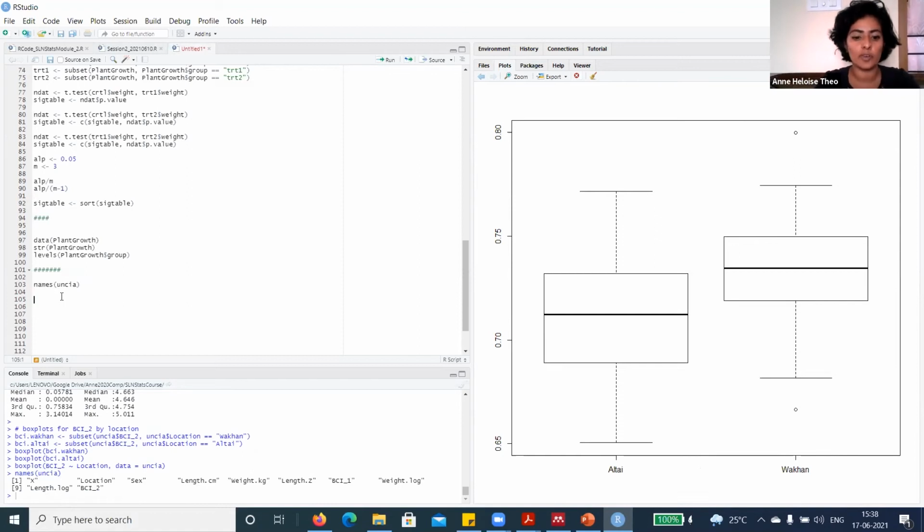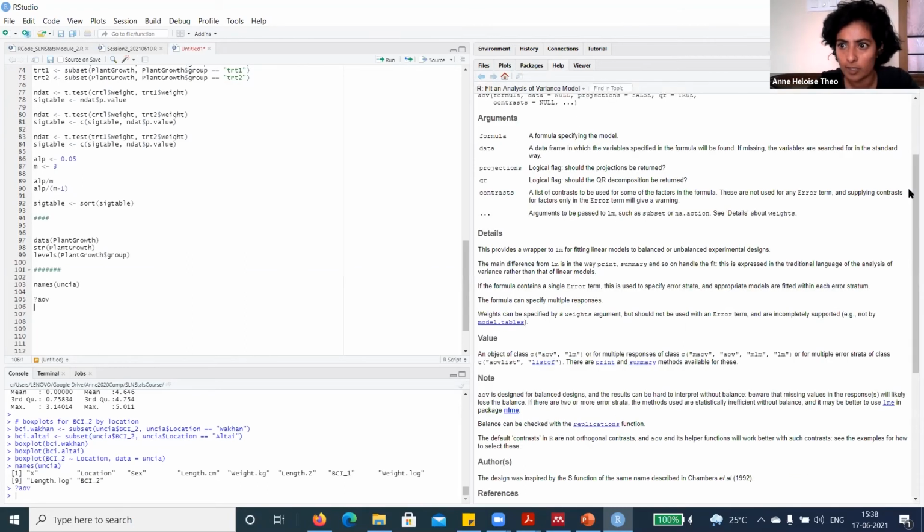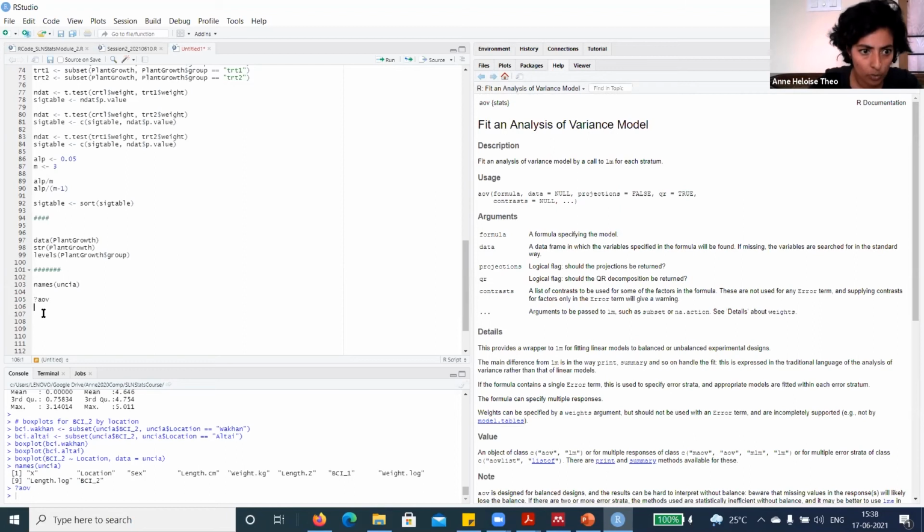And again, we'll use the AOV function. So just to make sure we have that here. We have our arguments and formula that we need to use. So again, I will assign it to model AOV. We want to look at both of these. So our response variable is BCI underscore 2 as it relates to. So for a two-way ANOVA, what you have to do is